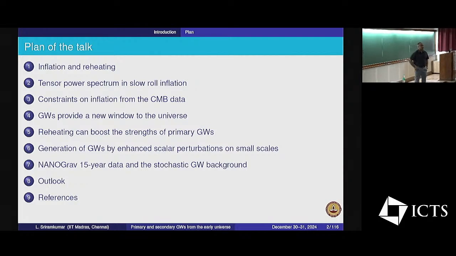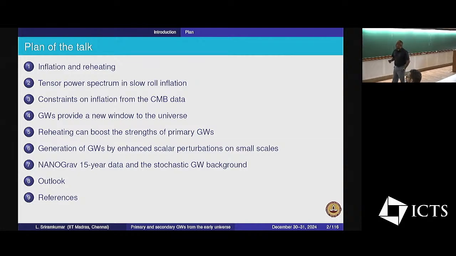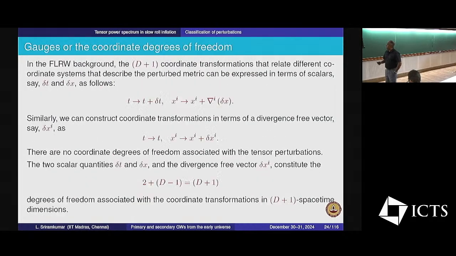Today, what we are going to talk about is generation of gravitational waves enhanced by scalar perturbations on small scales. I talked about the constraints on the tensor perturbations. I briefly mentioned how the scalar amplitude is well constrained on large scales. It's often referred to as COBE or CMB normalization. The scalar amplitude, which I will go to in a minute,